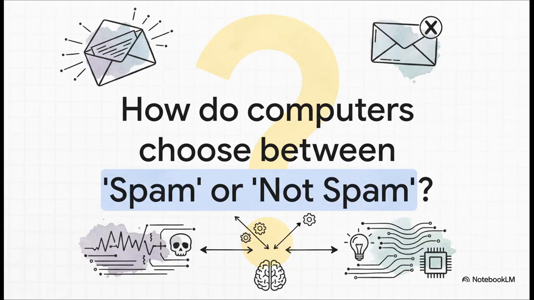It really all starts with a question you probably see a dozen times a day. An email lands in your inbox. How does the computer decide if it's junk or if it's something you actually need to see? Now, this isn't just a random guess. There's a very calculated decision happening behind the scenes. And if you can understand that one decision, you're on your way to understanding the whole world of machine learning